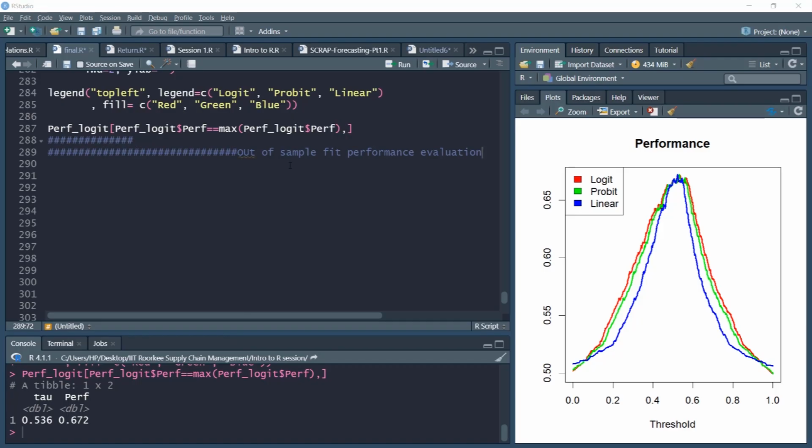Recall that in the discussion around linear regression modeling on the video topic out of sample fit performance evaluation, we have already covered a certain number of measures such as error measures like RMSE, RSE, and so on. So we'll not repeat that discussion here. We can refer to that video. So as a first step, using our trained algorithm on the linear performance object, we will create the test object.